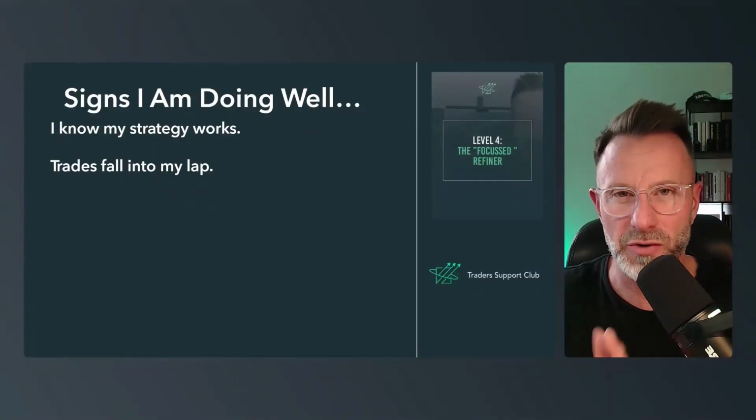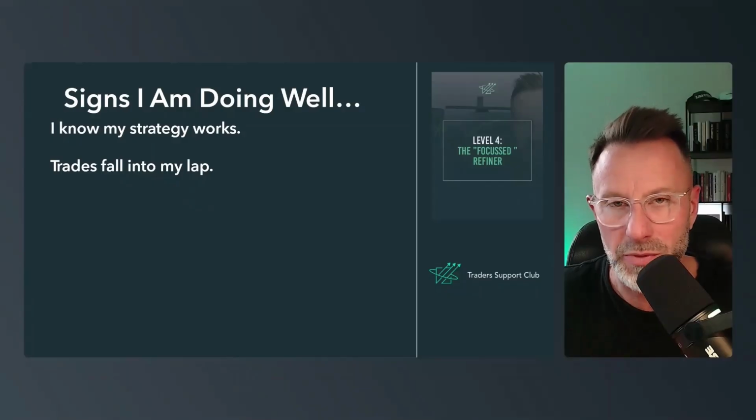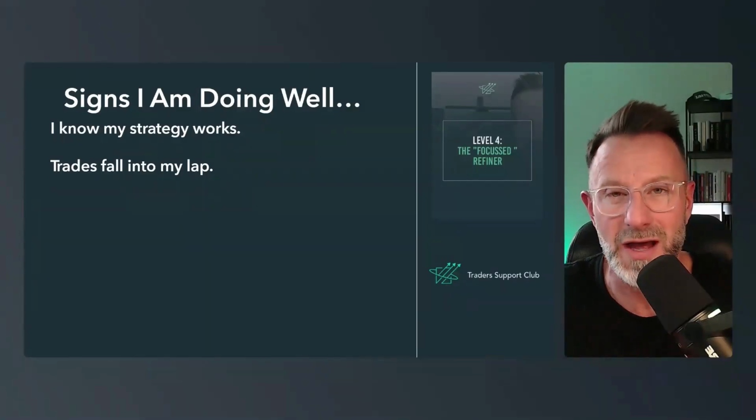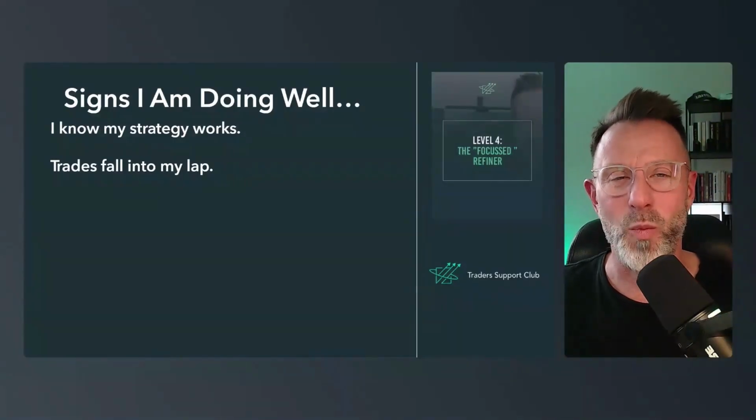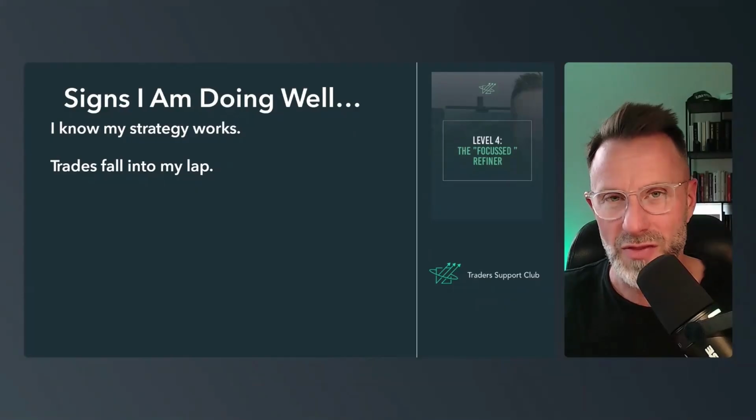Because the analysis process is becoming competent and they're becoming competent at doing that analysis process, they understand the strategy criteria they've got to deliver on. What happens is they are waiting for the trade to set up. They're mentally rehearsing it.